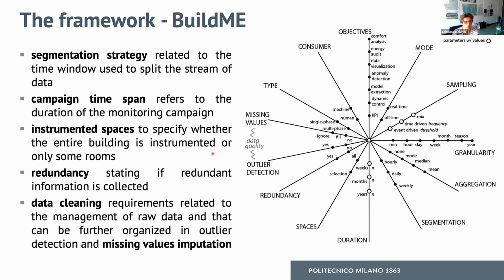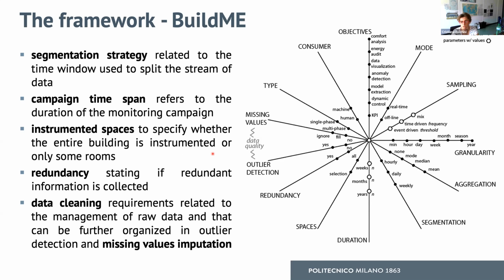Here I'm not going to go deeply into everything, but the idea is that if we know what we will do with the data, we can try to systematically decide how to handle data, how to collect it, whether we are interested in a certain precision of the data, eventually redundancy if we need the data to be very reliable, and how to handle missing values, because sensors will possibly go offline at some times if they are battery powered.